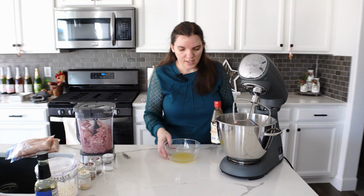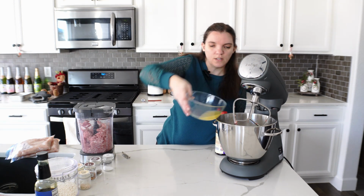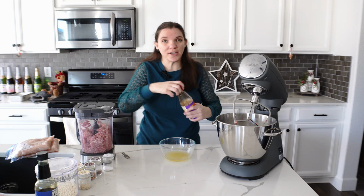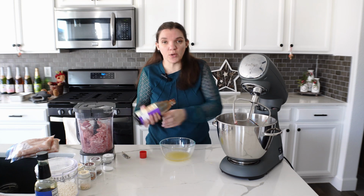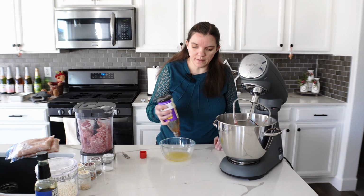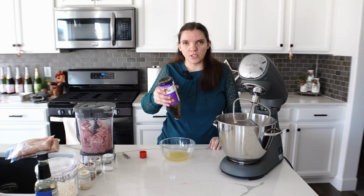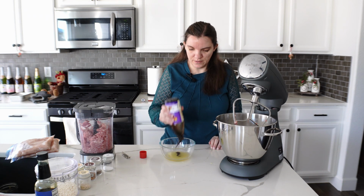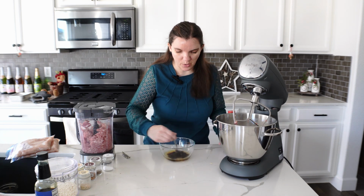Now I'm going to add in a little bit of this juice, save some out, and add some hoisin sauce. And this is going to be, smells so good. This is going to be the, what do you call that? Well, this is coming slowly. The sauce. Okay, we'll mix this up, and then see, I might need to add a little bit more because it might